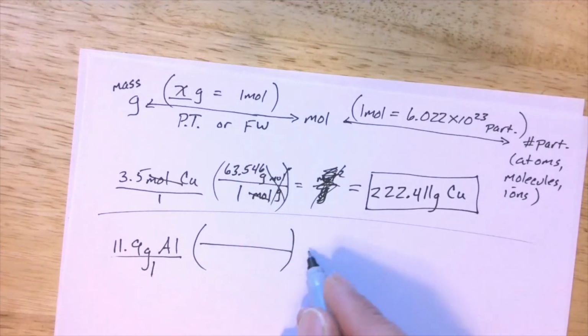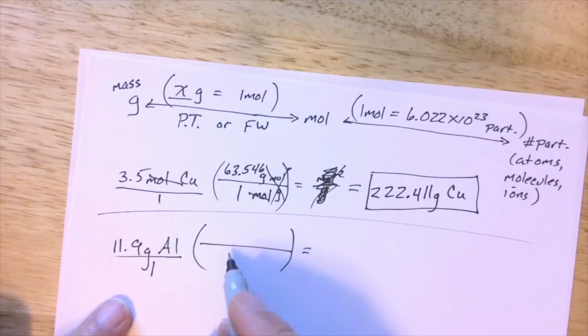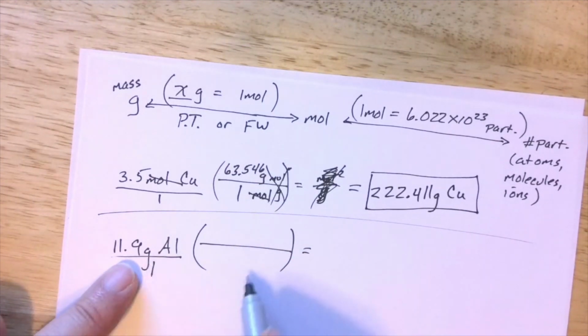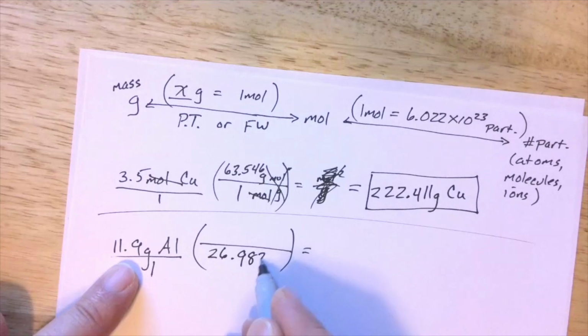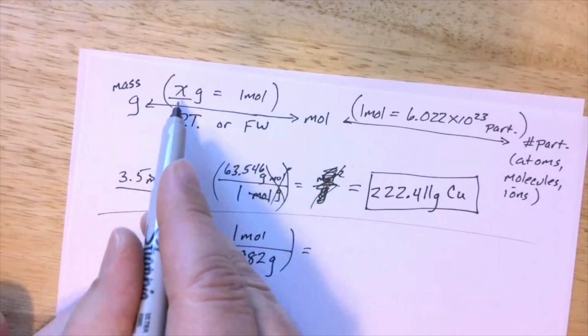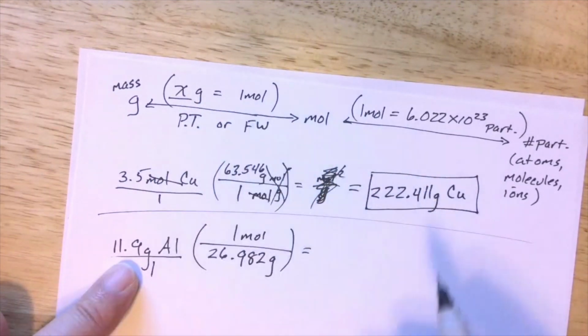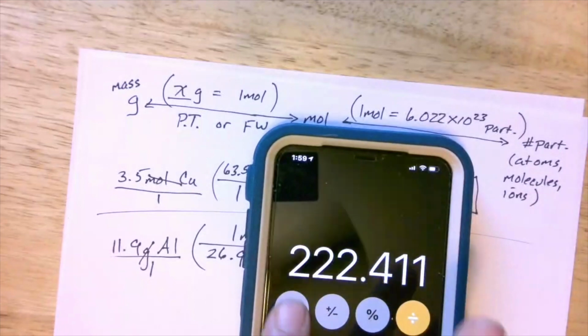If I want to find out how many moles I have, grams is on top, so grams will need to be on the bottom over here. So that was 26.982 grams, and it's for every 1 mole. So that's 26.982 grams, 1 mole over here. So grams will cancel out. If we work this one out,